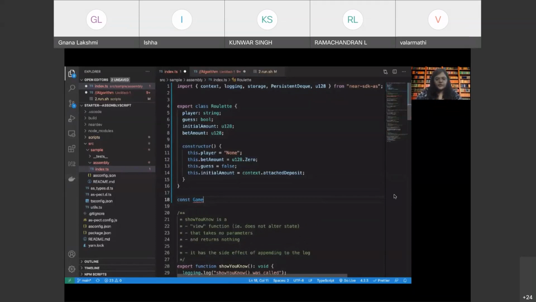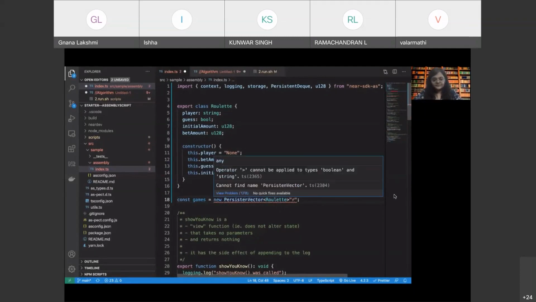I'm going to call it games, then new persistent vector of roulette, right? And then I'm going to give a prefix, as we saw in the previous video as well, that we need to give a prefix to uniquely identify this particular data structure.